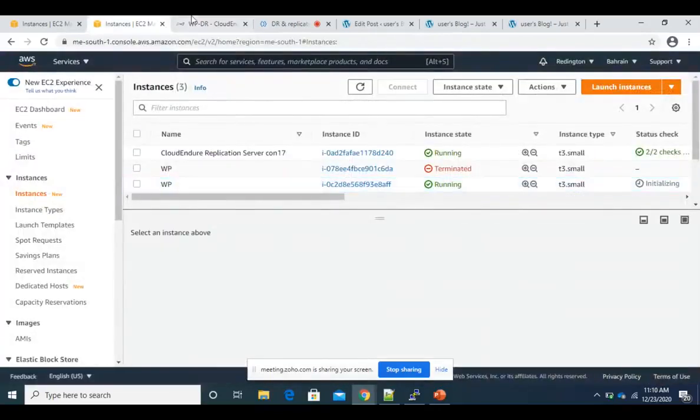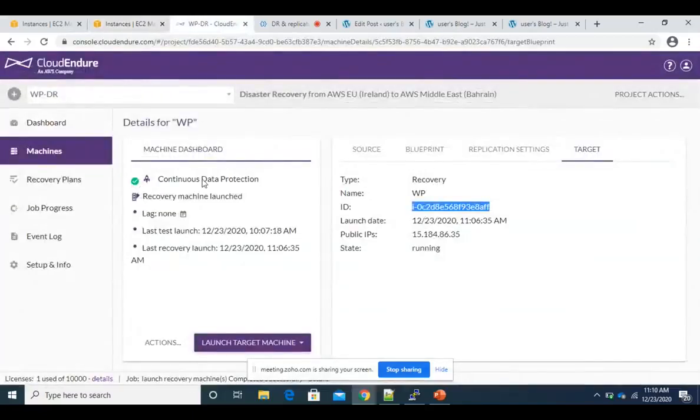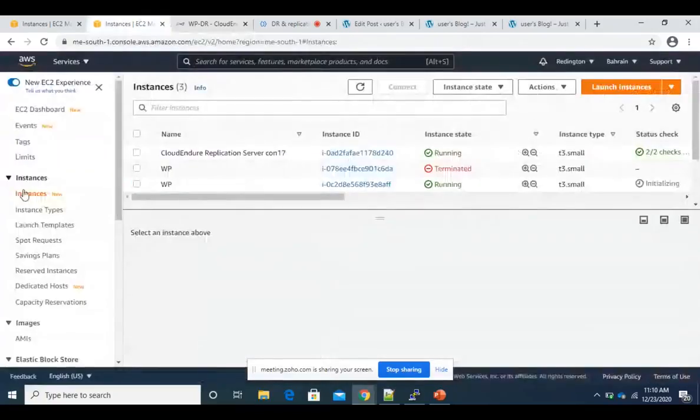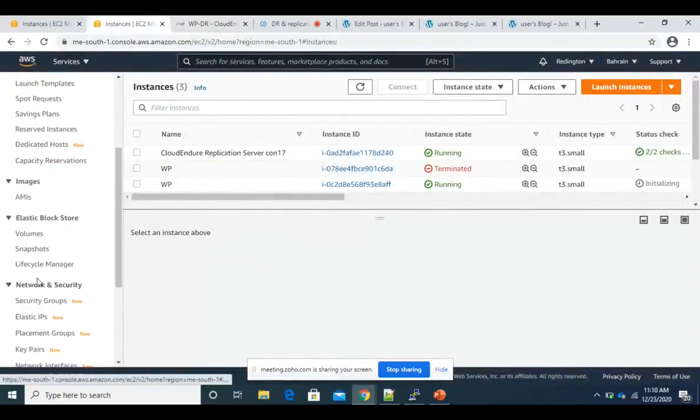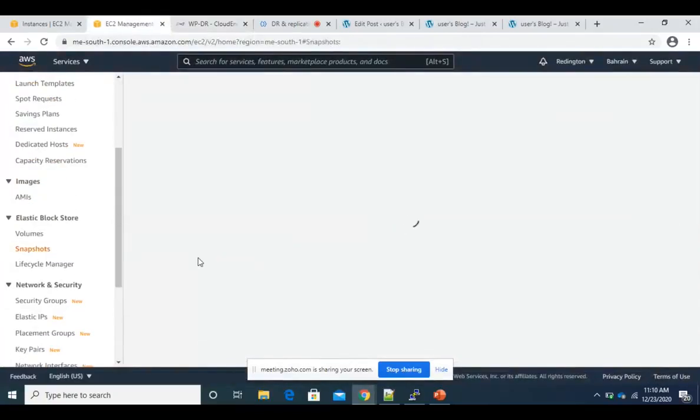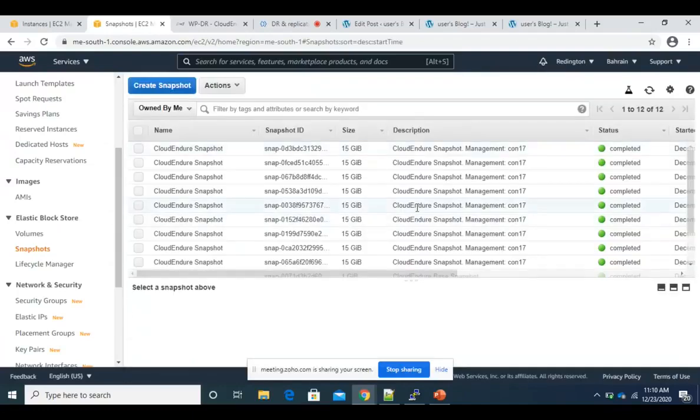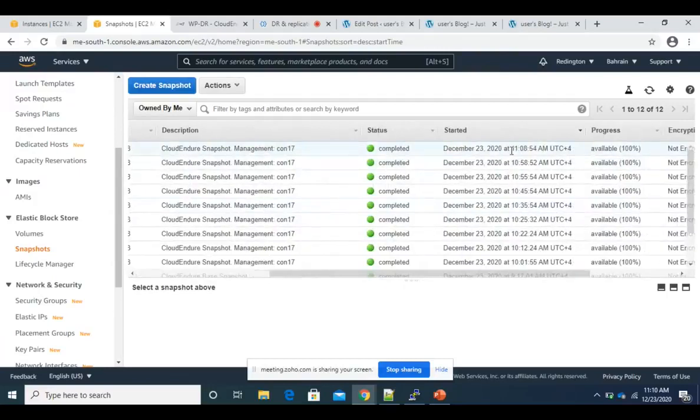Now what we are going to do, we are again going to trigger the disaster recovery site just to make sure that the changes are getting captured or not. So you would see that we will have the snapshots. There you go. We have the snapshots taken at 11:08.